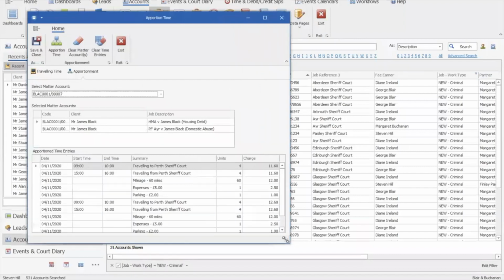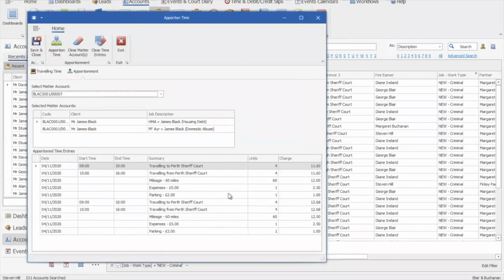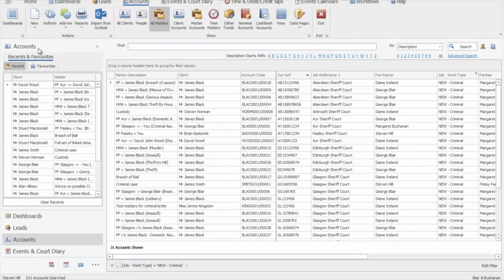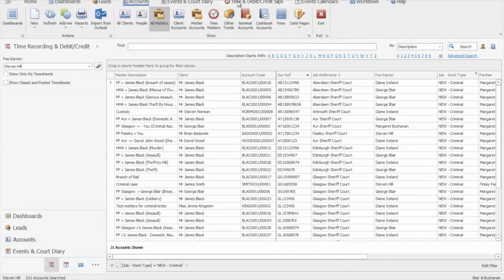So you see what that's done is it's given me all the entries I need to go to these 2 matters here, but listed all the charges and units individually. So when I then click on save and close, that's now updated my timesheet. So if I go to the timesheet view